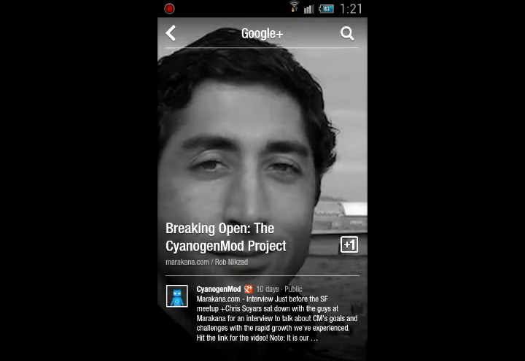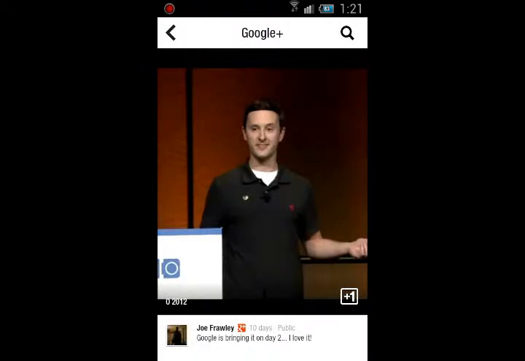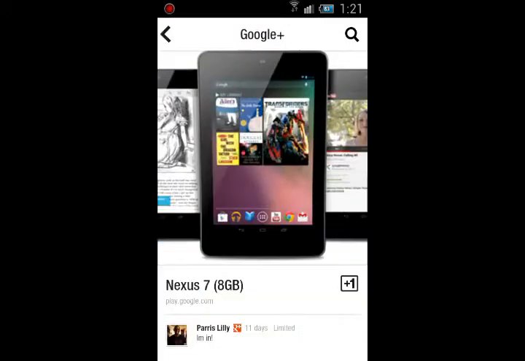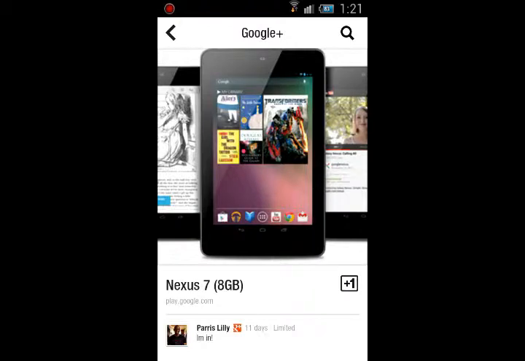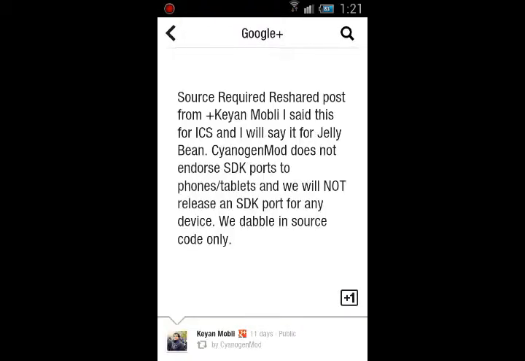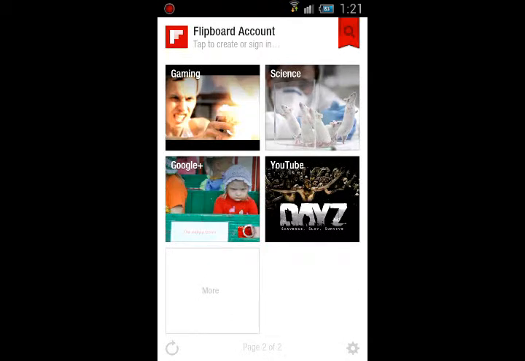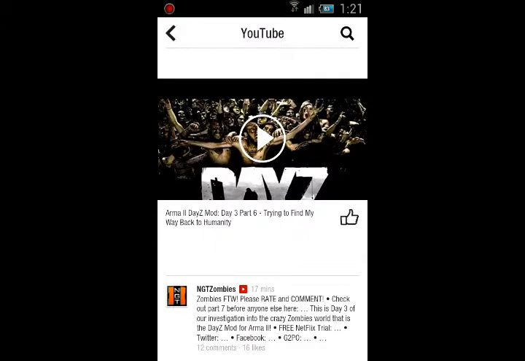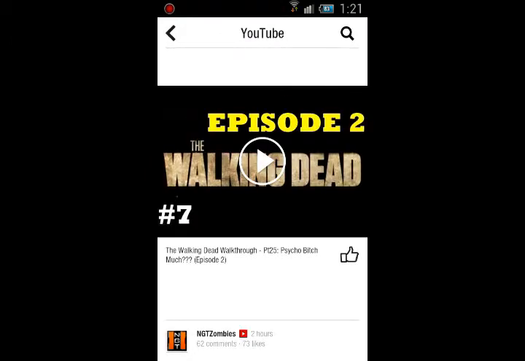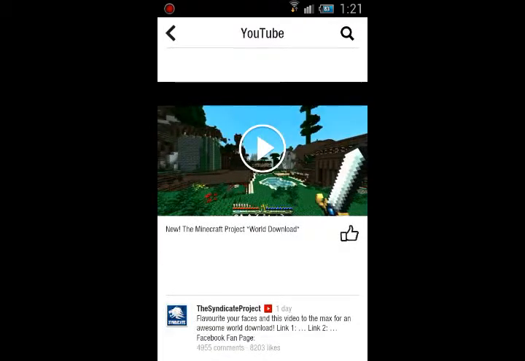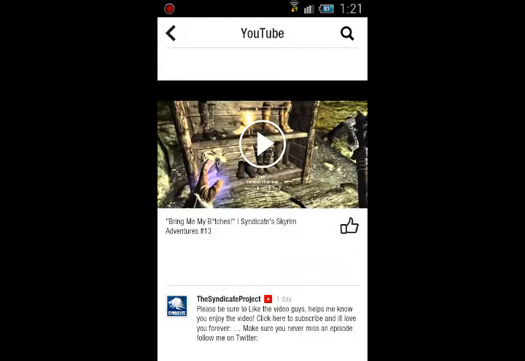But it does it in a different way, where the background is a picture either from the article or associated with it somehow, like Nexus 7, and it's a picture of the Nexus 7 and stuff like that. So it's really cool. I like it. Let's see what else. YouTube. You can add your YouTube stuff to it. So that's pretty cool. I added my personal YouTube account to this so I can